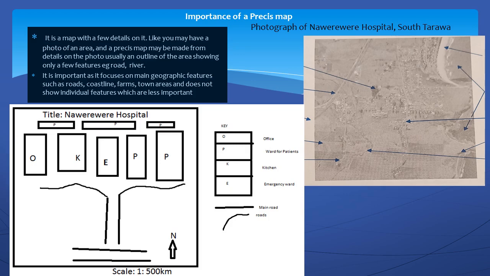Right, you can see that there are some features shown here, while the other features are not included. Right, is it clear? Okay,